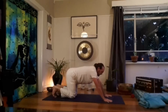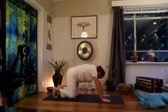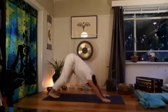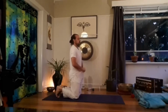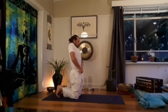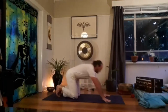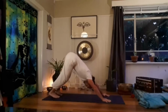Again, making sure that you have proper alignment with your hands, so index fingers parallel to each other, pointing forward. And you can push into your feet, lifting your knees, coming up into your down dog. So for your down dog, you can bend your knees at the start, making it nice and easy, just getting some movement to warm up,